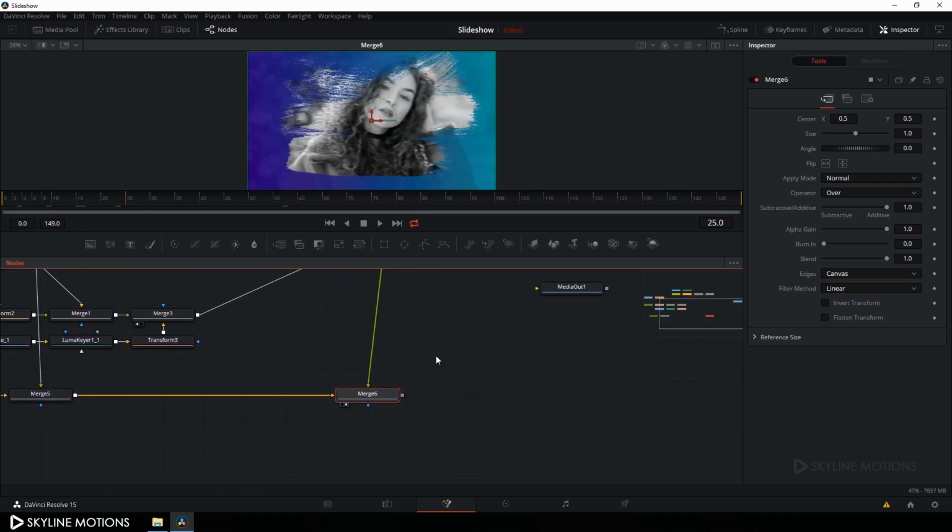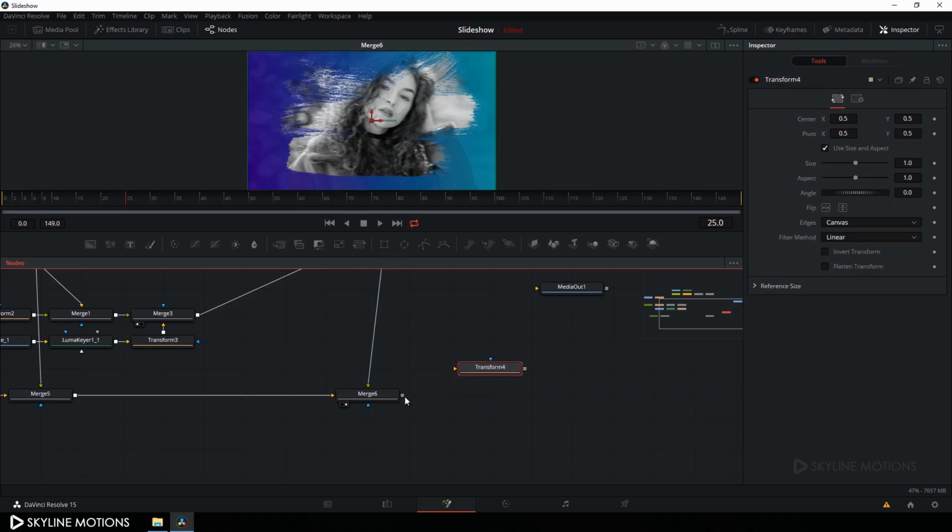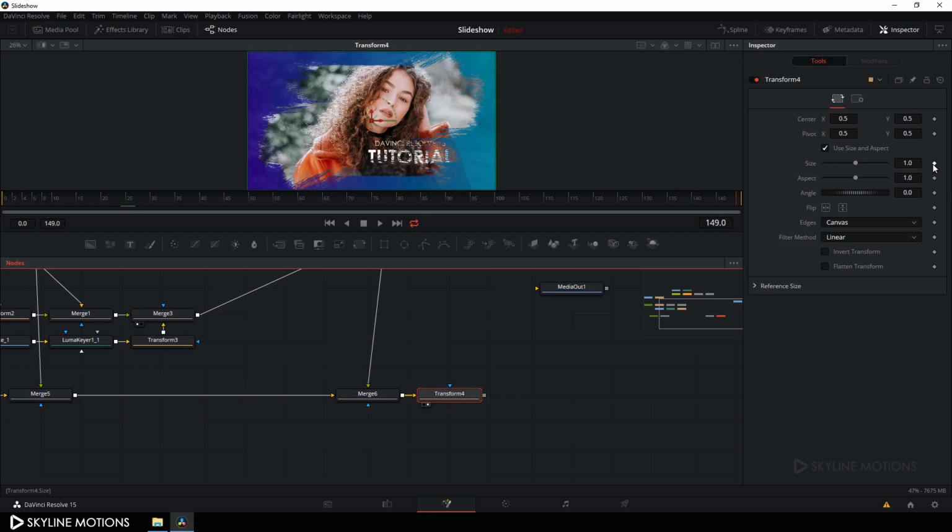Now let's take a final transform node. So click on this transform button to add a transform node and connect the output of this merge 6 with this and drag this transform to the viewer, and let's add a scale animation with this. So go to the end of this animation and click on this diamond button to add a keyframe on size, and click on this diamond button here to add a keyframe on angle also, and then go to very beginning